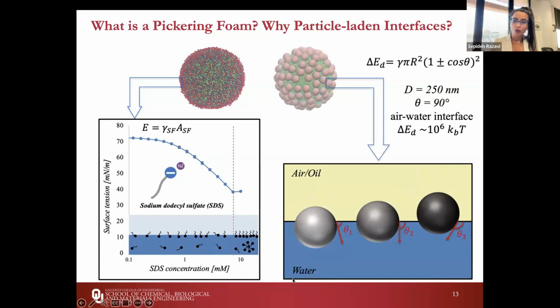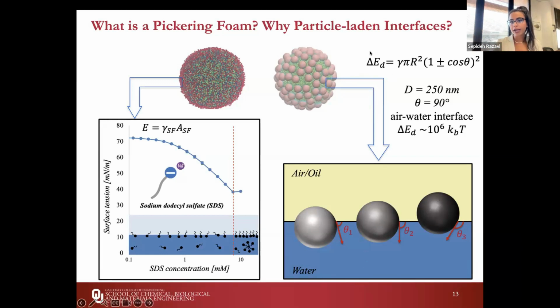And with the use of particles, the reduction in the free energy is not necessarily associated with surface tension, but rather the particle will sit at the interface, and it's going to block these two faces from seeing each other. And therefore, by removing this contact area, which is highly energetically unfavorable, they're going to lead to lower free energy of the system. So by changing the particle size, you can change that contact area that's being removed, but also by changing the wettability of the particle, you can change how high the particle is sitting at the interface, and therefore you can affect the energy removed that way as well.